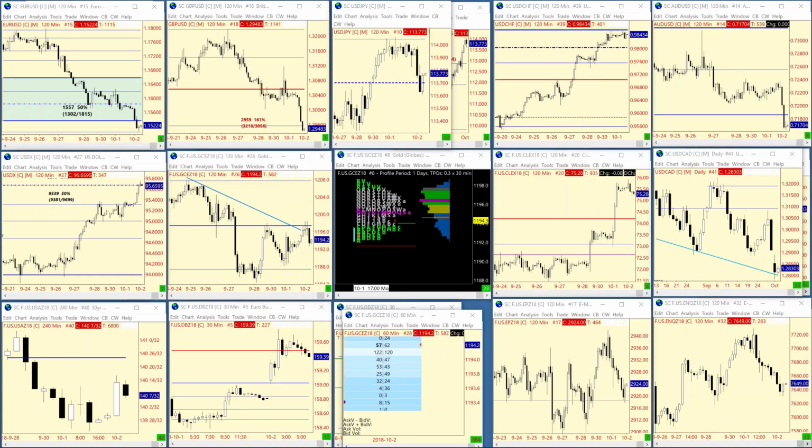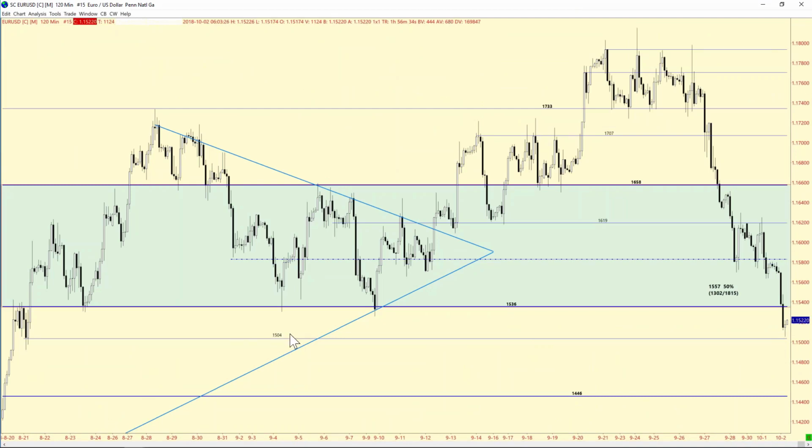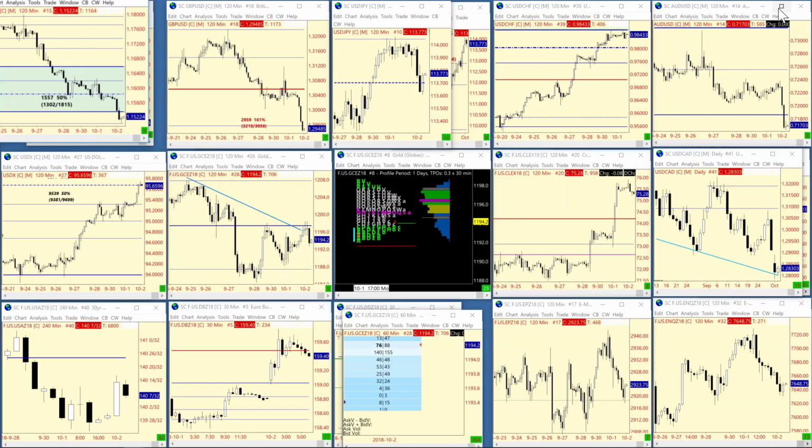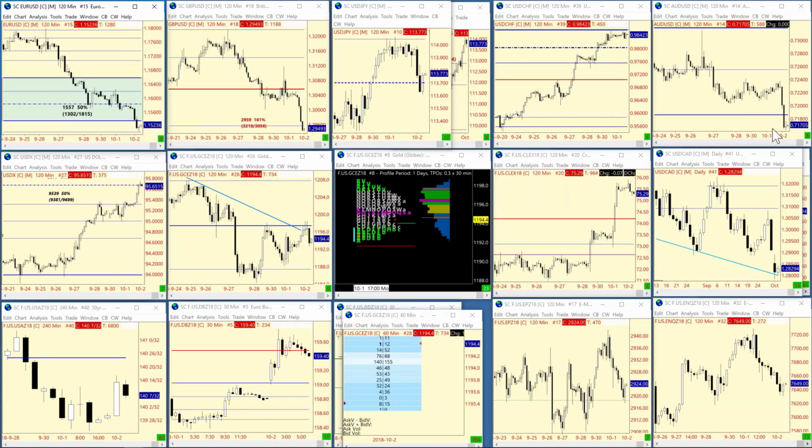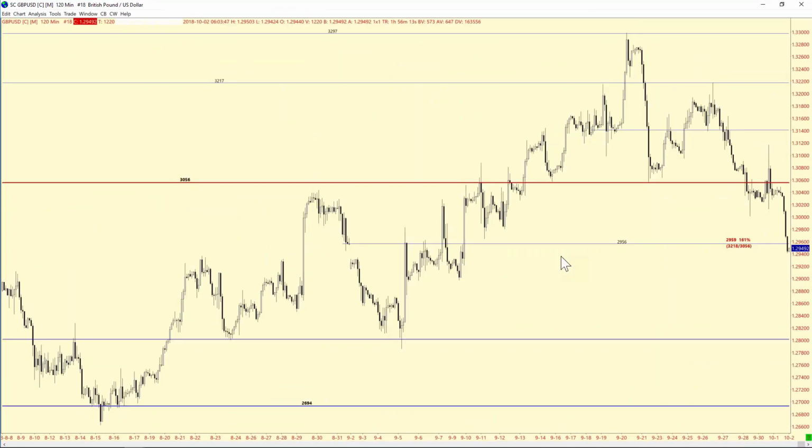As I mentioned, if you look on the 2-hour chart, the euro has come down and just about tagged this 1504 level. We got past this 1536. We'll see how things stack up. We've seen new lows in the Australian dollar, which overall has held up relatively well, but new lows there certainly being impacted. And also, it looks like we made it down to our area that we're looking at on the cable here. You can see this 29.56. We also had that in our bias chart.